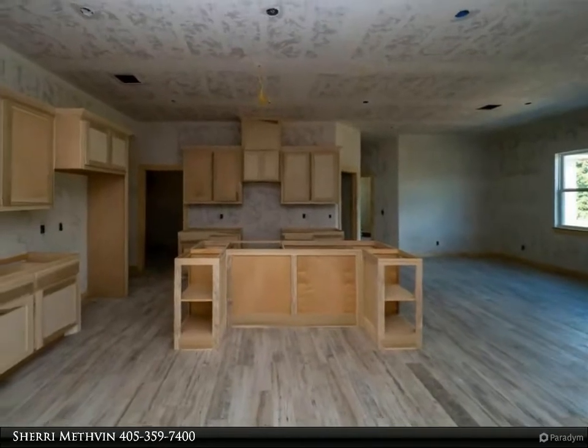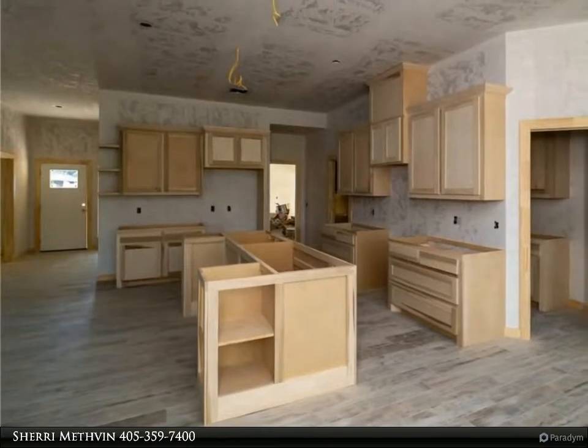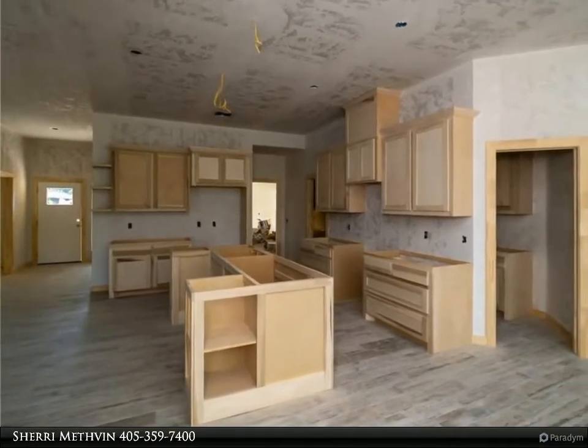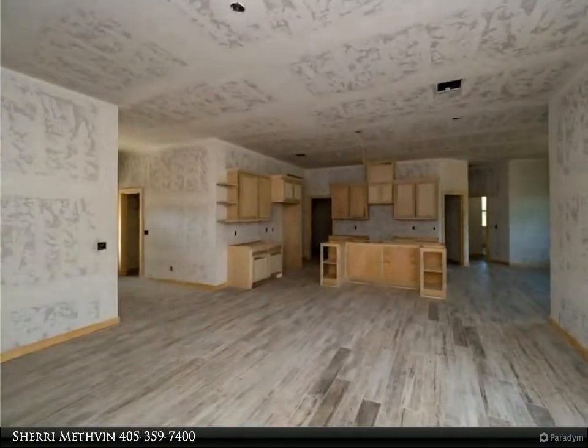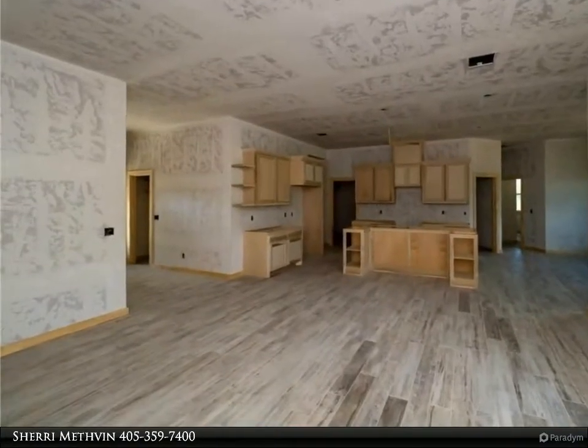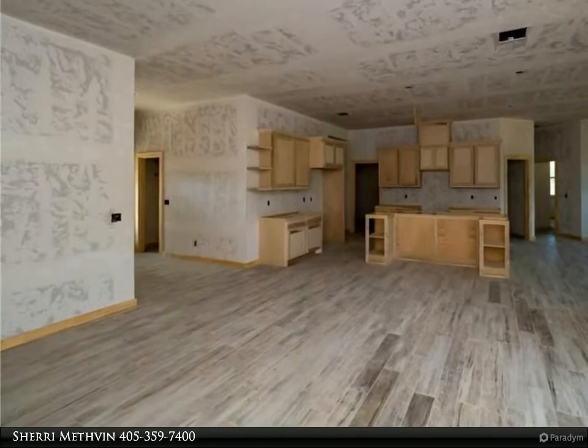The wood-look tile throughout the main living and high-traffic areas adds the warmth of wood without the drawbacks wood floors present. The kitchen features a large center island with breakfast bar, custom-built cabinetry, granite countertops and an extra-large walk-in pantry